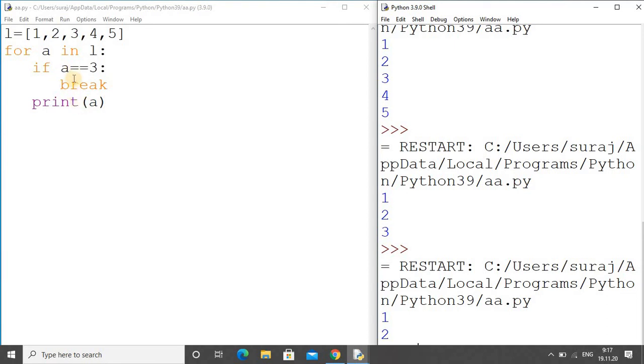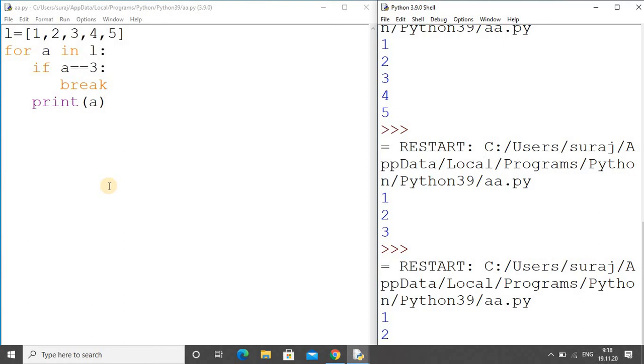So before print or after print, you can have the if statement with the break. Whenever the condition is true, it will execute the break, because the break statement depends on the condition. Without a condition you cannot use break. Whenever the case is true, the entire loop will stop working.